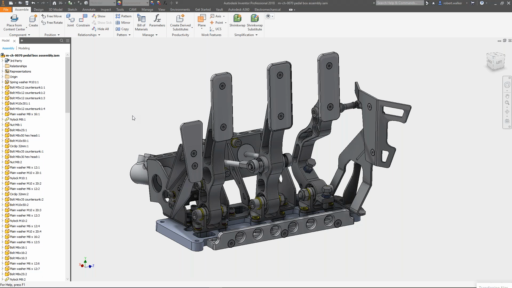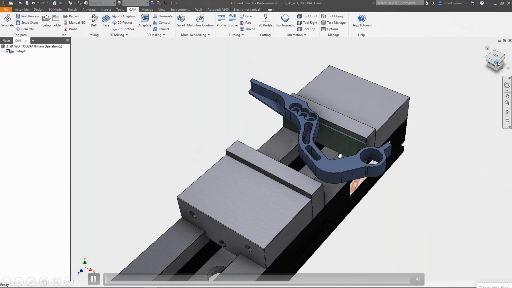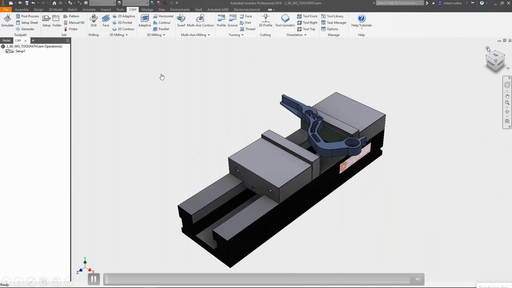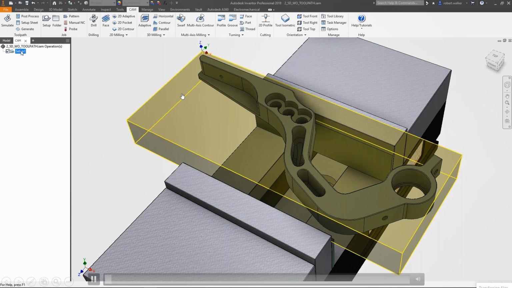Now, going ahead, what I want to do as a part of this demonstration is show you how I'm going to set this up for machining, and finally take it to machining and generate the post code. So this is the part that I intend to machine. I am right now in the CAM section of the same software. I am right within the same software, so there's no opening of the file. It's just a matter of setting it up for my operations.